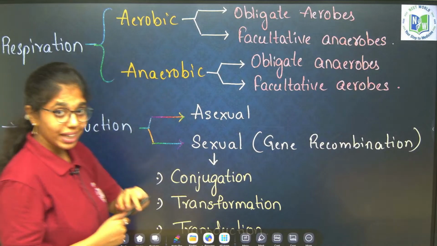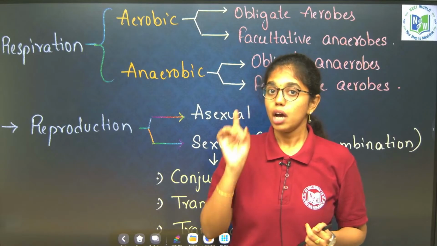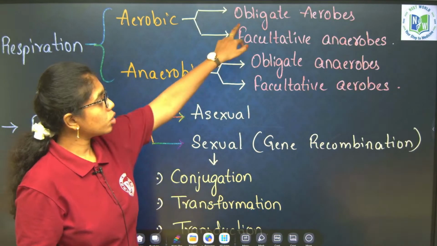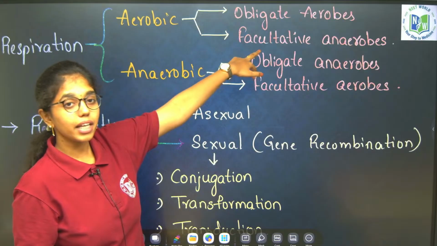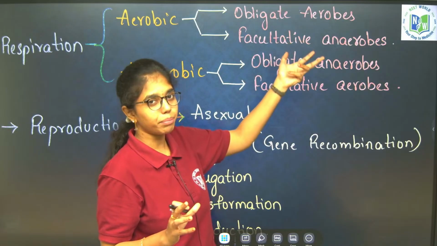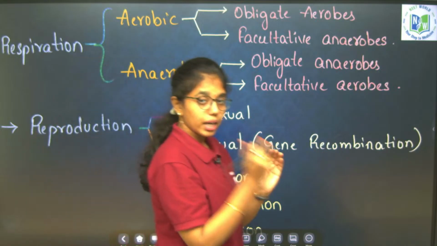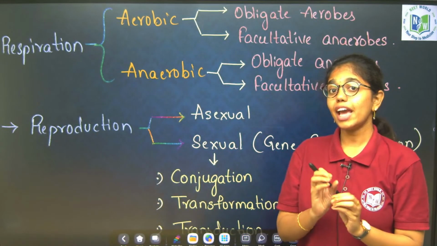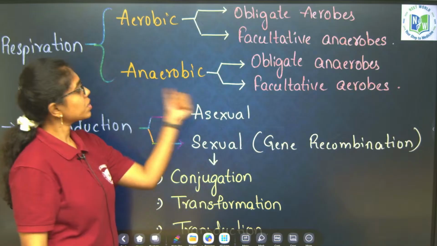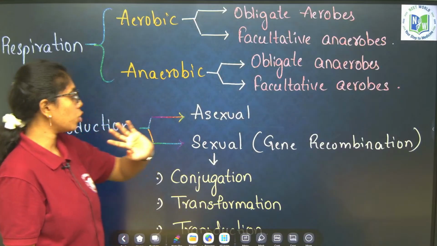Aerobic again obligate aerobes, those will oxidize the food completely in the presence of oxygen only. So oxygen is mandatory, if oxygen is not present they cannot oxidize the food material. So those are obligate aerobes. Facultative anaerobes means what? Look at it with the synonym of sometimes. Sometimes they are acting as anaerobes. So they can respire even in the aerobic conditions. When aerobic conditions are not present, they can even respire in the anaerobic condition. Next, anaerobic mode of nutrition. Here we have obligate anaerobes again, facultative anaerobes also.